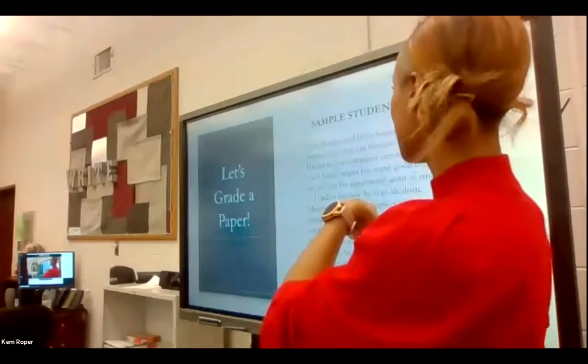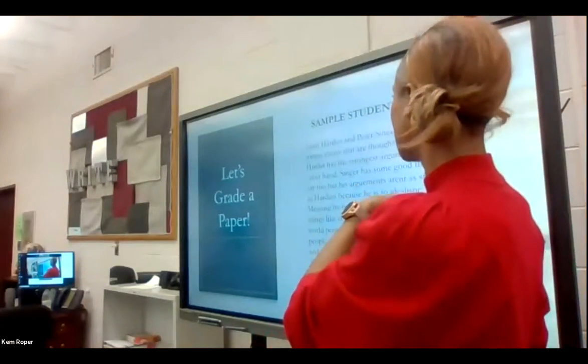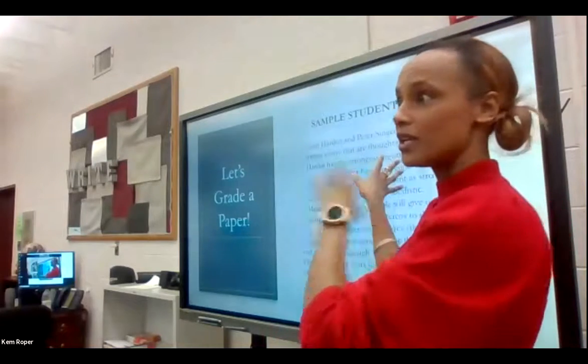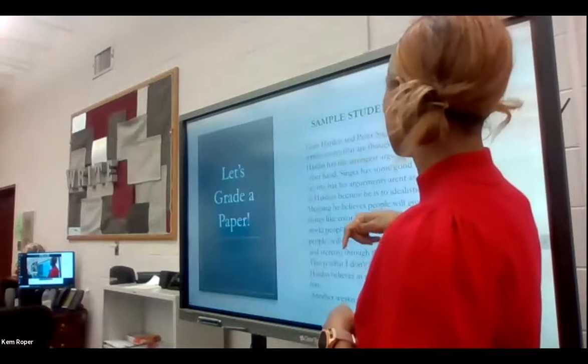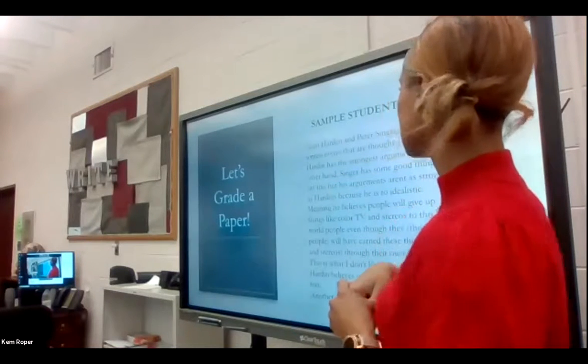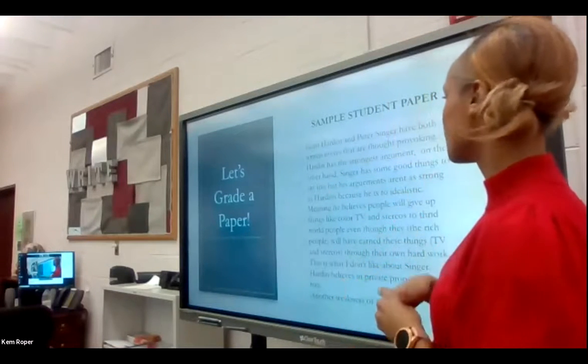It says Garrett Hardin and Peter Singer have both written essays that are thought-provoking. What I'm reading here is on your sheet, you can't see this. Hardin has the strongest argument. On the other hand, Singer has some good things to say too, but his arguments aren't as strong as Hardin's